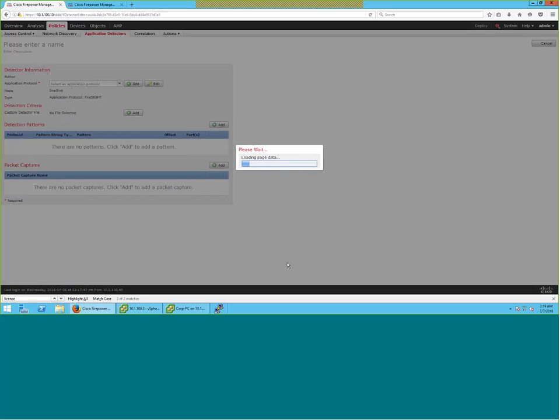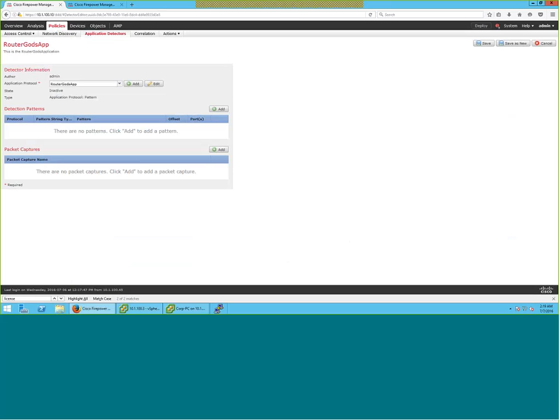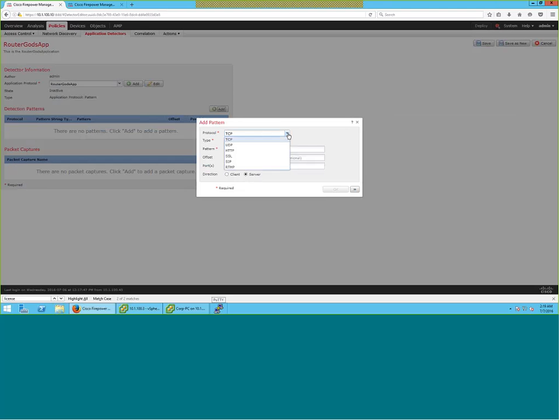Now, it hasn't created the actual application detector yet, so we can define in here some of the detected patterns. The protocol could be TCP, UDP, HTTP, SSL, SIP, RTMP. We can define it based on an ASCII or hex pattern that we see,